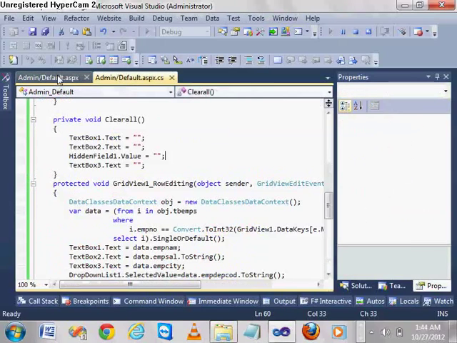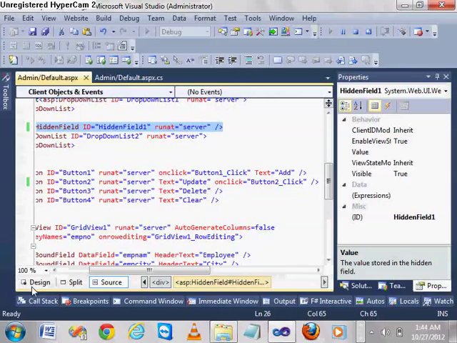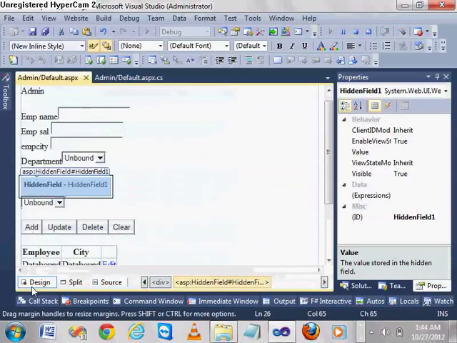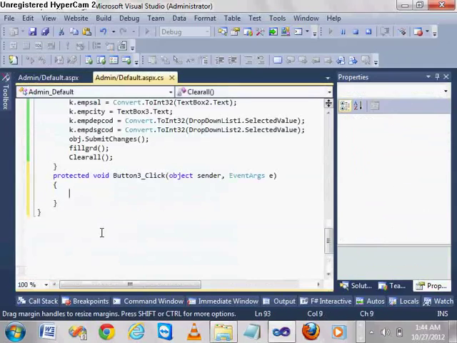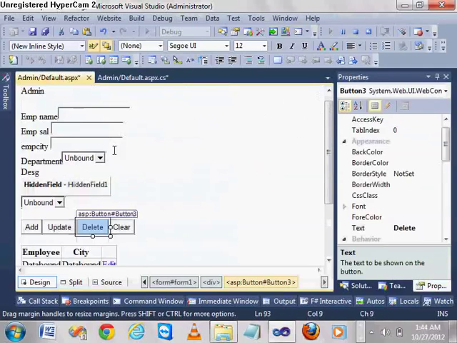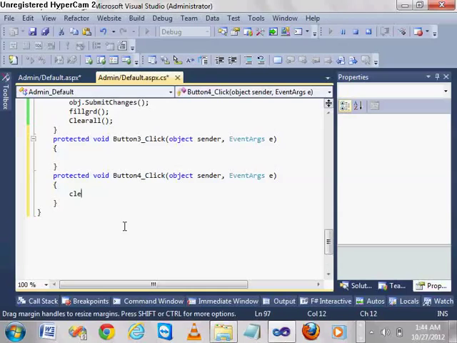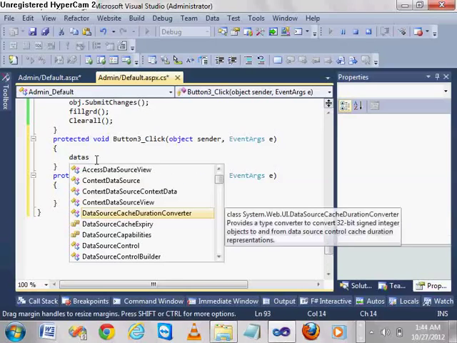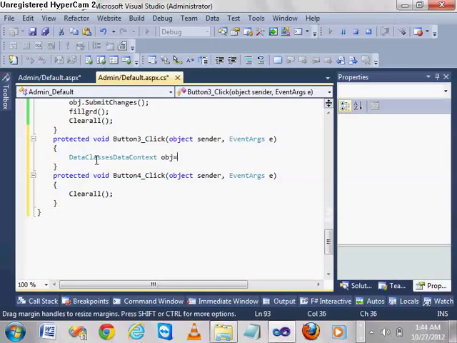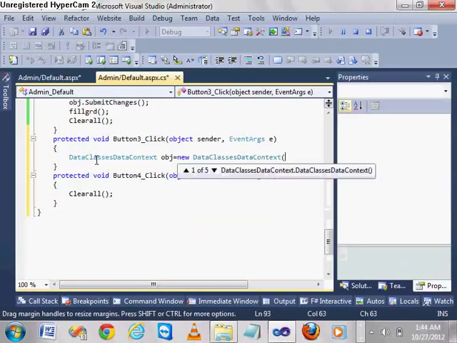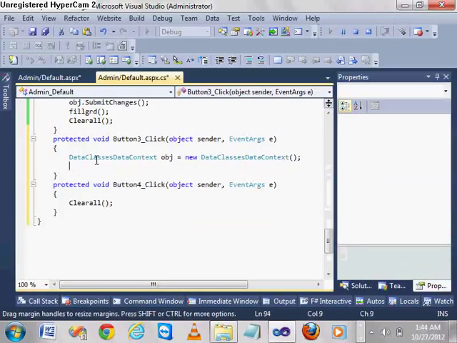And now the last code is for deletion. In this example, I am not concentrating on validation and other things. I am just giving you an introduction to database operations using LINQ. Okay. Now delete. For delete purpose, you just have to create an object, maybe a data class object, and in this